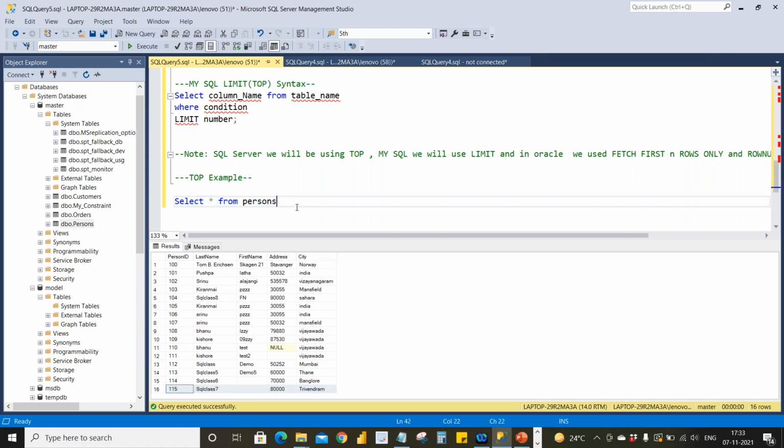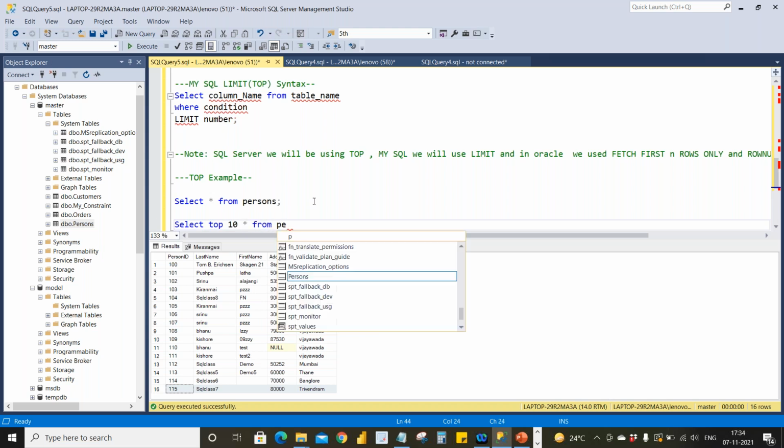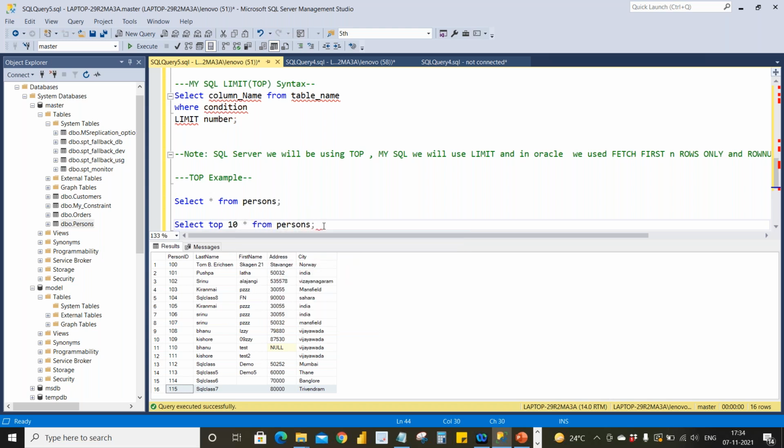So what I will do, I'll give select top 10 star from persons. So I'll only get the top 10 rows. If you see, I have got only the top 10 rows.